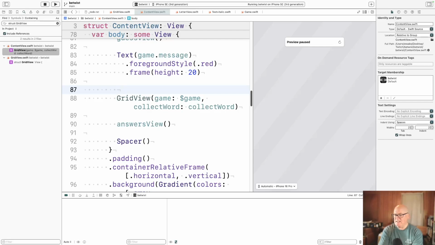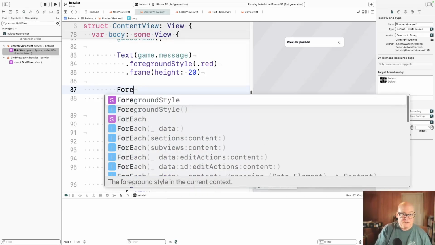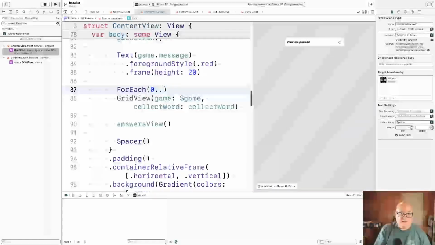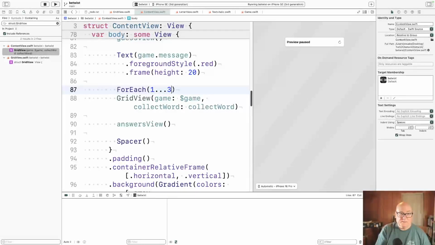I mean, I've seen all these things, but I always have to dig into the how a little bit. But I know there's size that fits and size that content does something, and you should be able to make one that gets chopped off. All right, so let's do a for each. Well, I guess 1 to 3 is kind of reasonable. ID dot self,